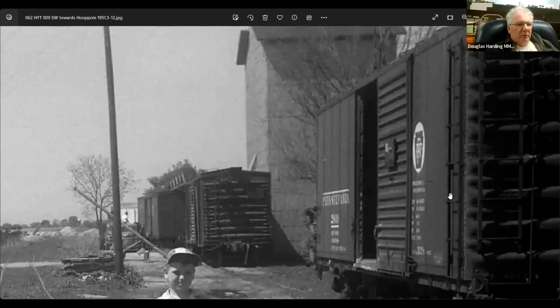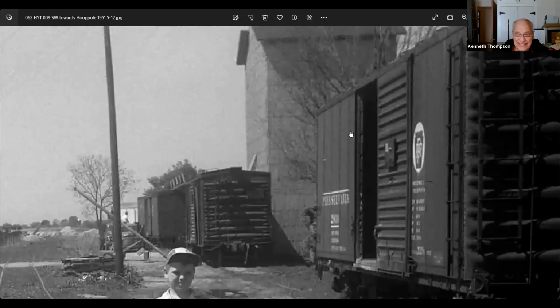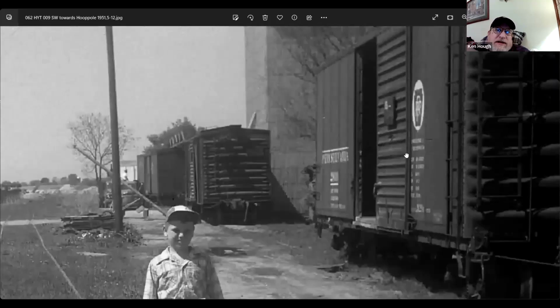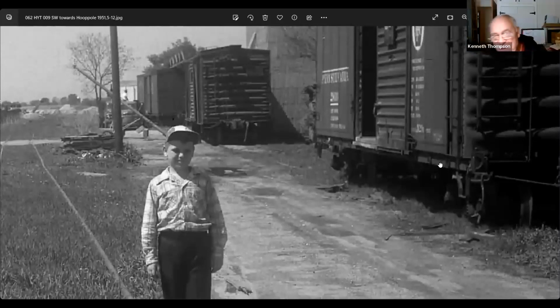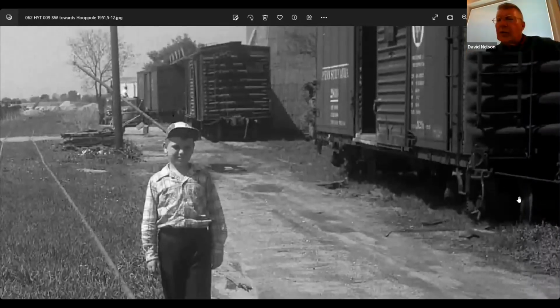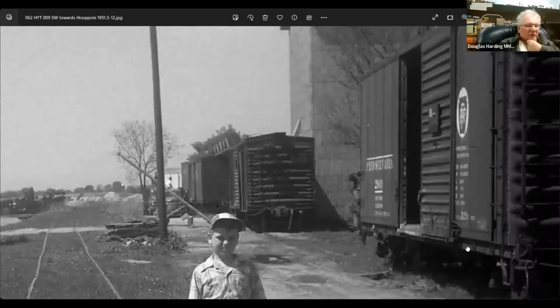It also had, let's see, 1, 2, 3, 4, 5 panels there. A 7-rung ladder. It looks like it has maybe just a 4-digit number. I just get goosebumps when the detective agency here works like this. I don't know of anything else we can see here, but the wheels are shiny, so this is an active car. Go back to the double sheath car and look at the truck that's sitting in front of it,